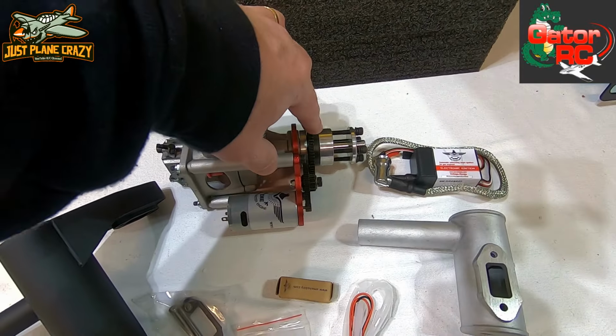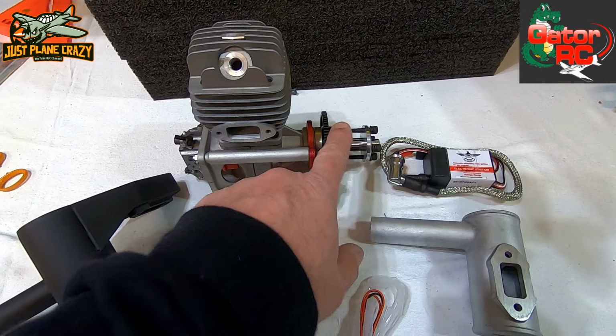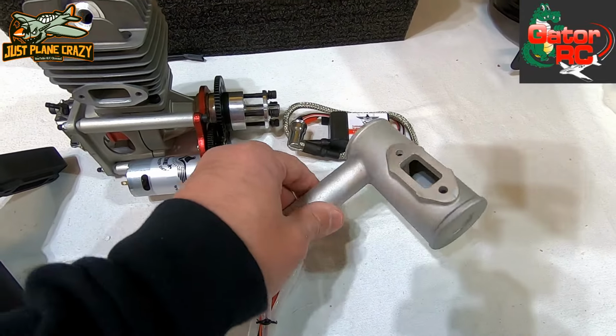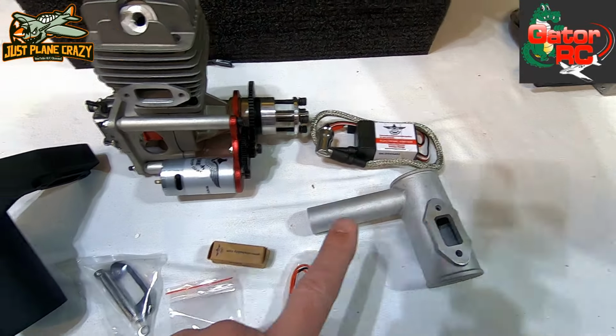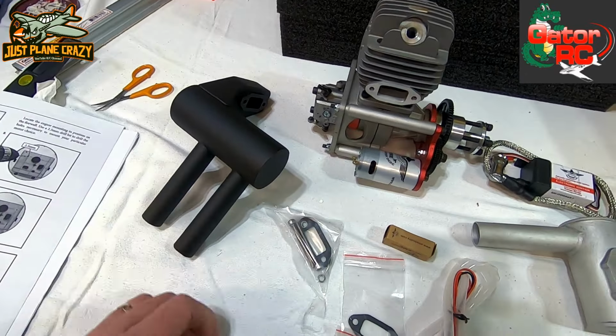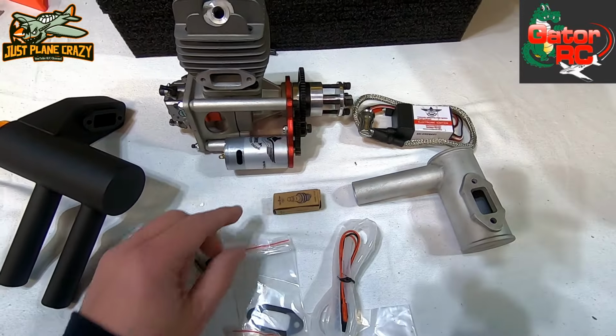You can see the AutoStart feature there. You do need a relay in order to power up the motor and a separate LiPo battery. It comes with an electronic ignition, comes with a side canister, which we will not be using. I did pick up an optional pit style muffler for this plane. It does come with a